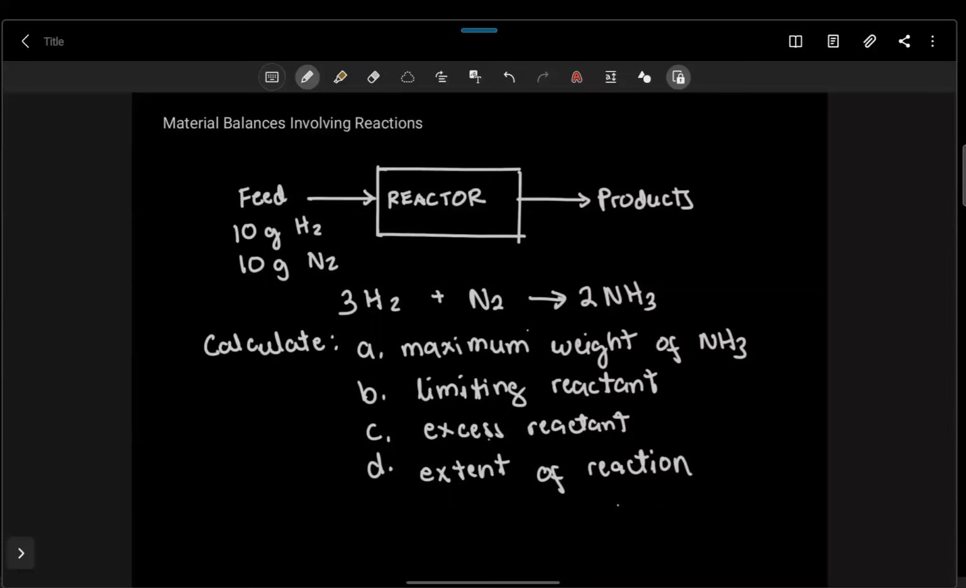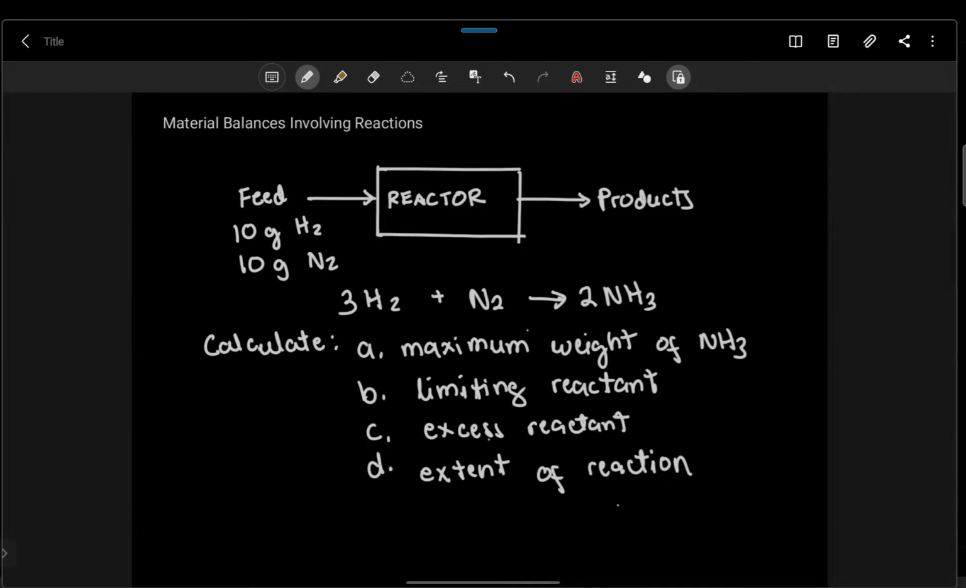Hi everyone, in this video, I will discuss examples of material balances involving reactions. I will emphasize here the concepts and relationships we discussed, such as yield, selectivity, conversion, and extent of reaction. Okay? So, let's say we have here a reactor and the feed to the reactor is 10 grams of hydrogen